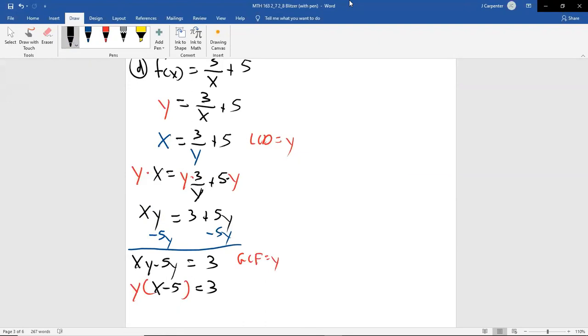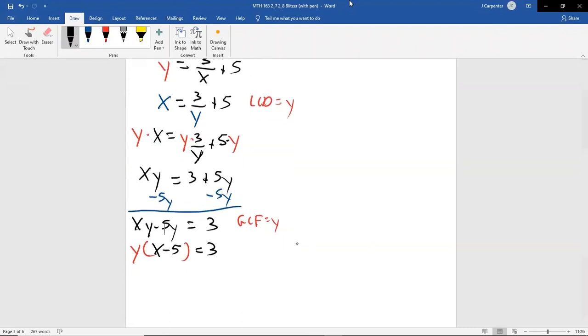If this is throwing you for a loop, go back to chapter 1, again, the end of 1.4, 1.5, one of those two. It was wherever we were doing formulas. It had like the perimeter problems, the volume problems, things like that. All right, so normally this would say something like 7y equals 3, and we would divide both sides by 7. It's just a little uglier, but it's the same algebraic step.